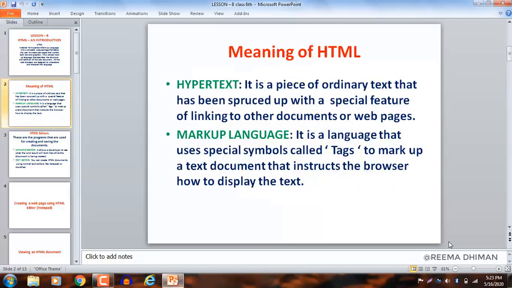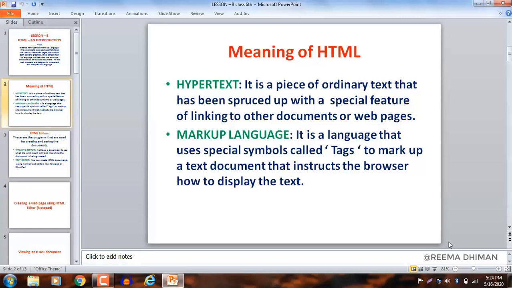So next is meaning of HTML. As the full form of HTML is Hypertext Markup Language, there are two different words we can consider: hypertext and markup language. What is the meaning of hypertext? Hypertext is a piece of ordinary text that has been spruced up with a special feature of linking to other documents or web pages.